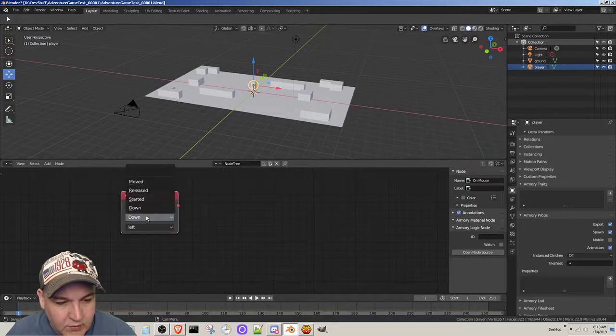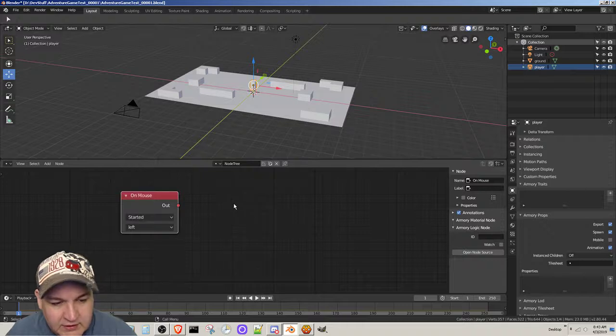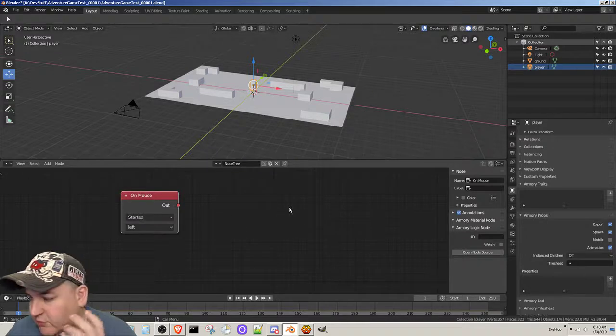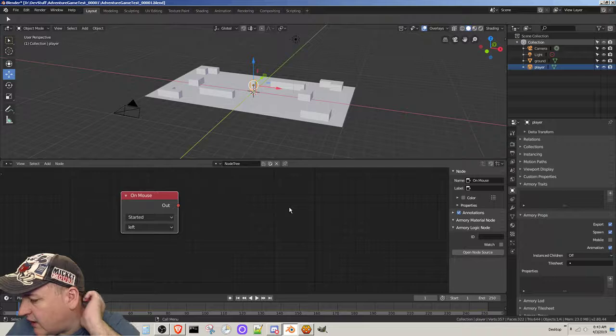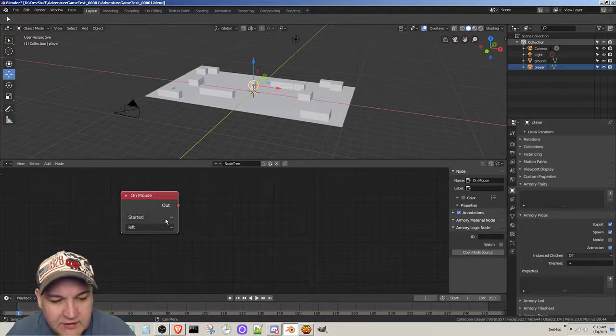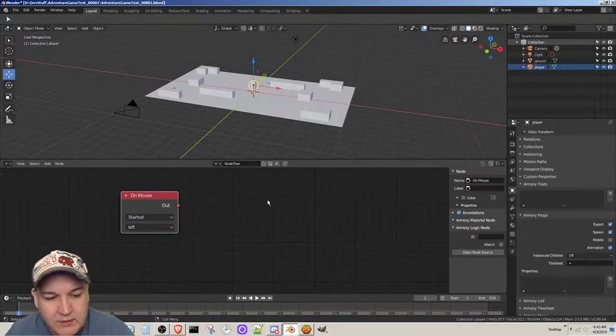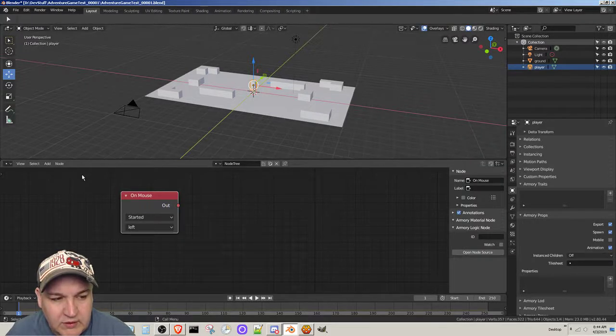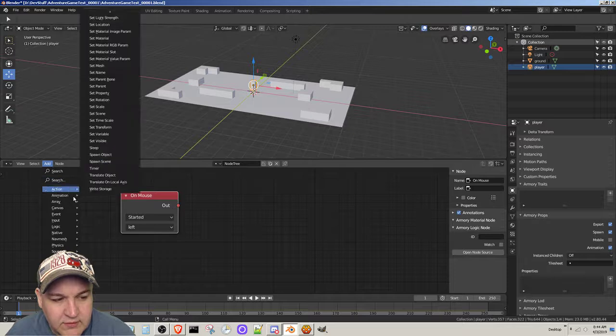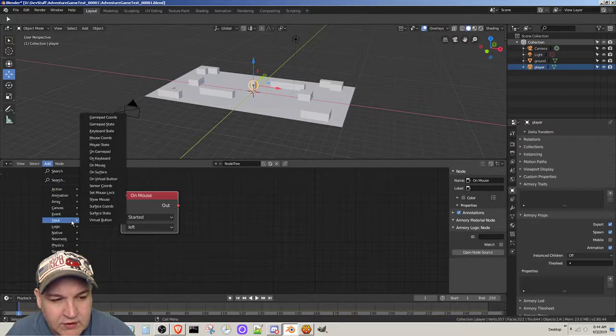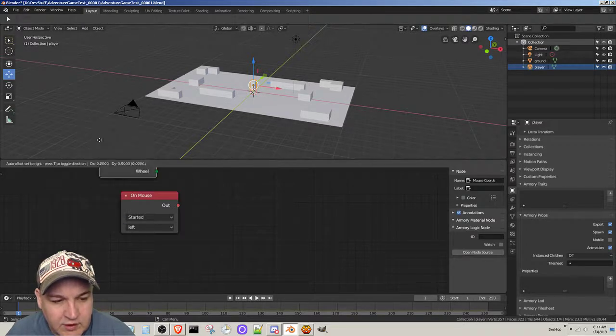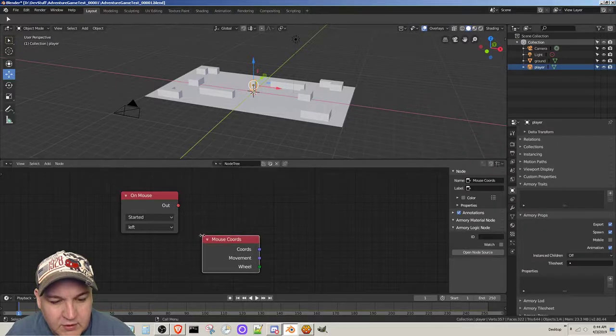Okay, and we're going to say started, because I don't know what the difference is between started and down. I guess down is always down, and started is just when you click it for the first time. So that kind of makes sense. Okay, so now we need to add another. I think it's another input thing. Mouse coords, right? So mouse coords here,